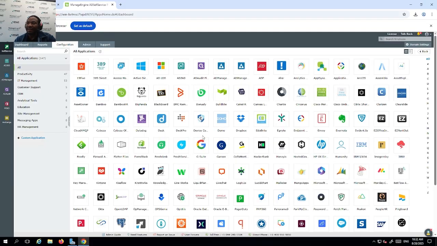If you take a look at this page, you will see that it also categorizes the products into different sections. So we have different products for ITSM solutions, customer service, CRM, and so much more. So when we need to create a single sign-on, all you need to do is select the application